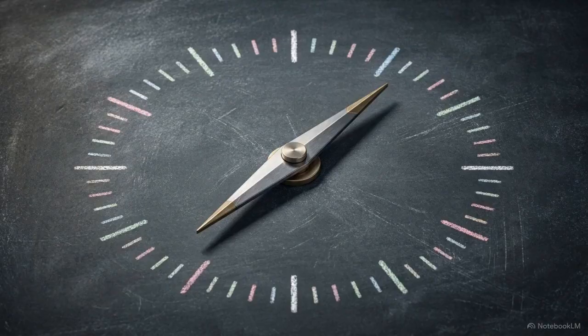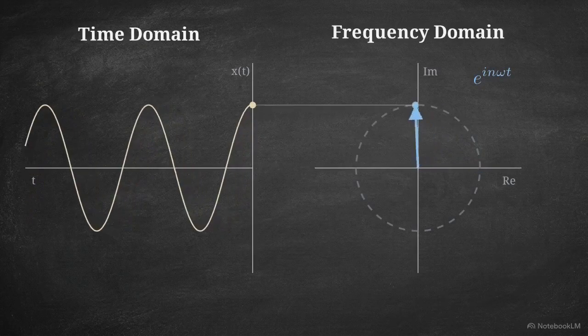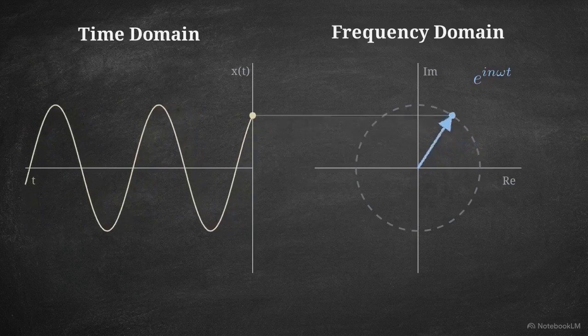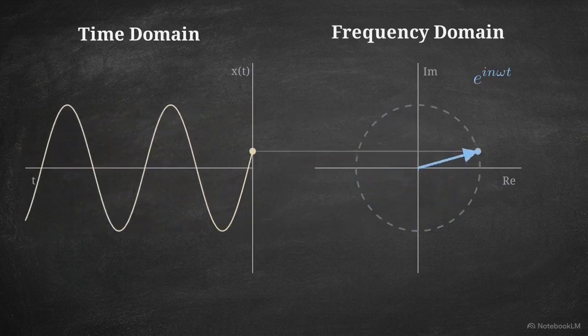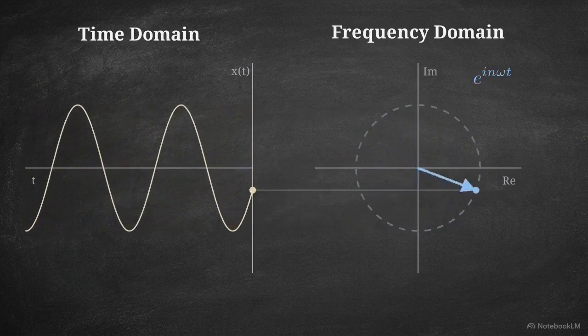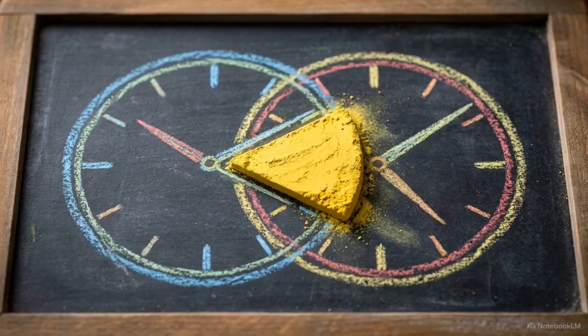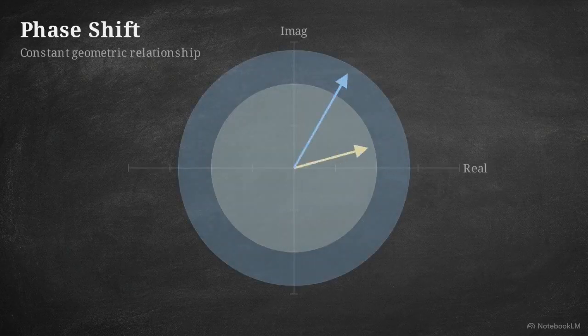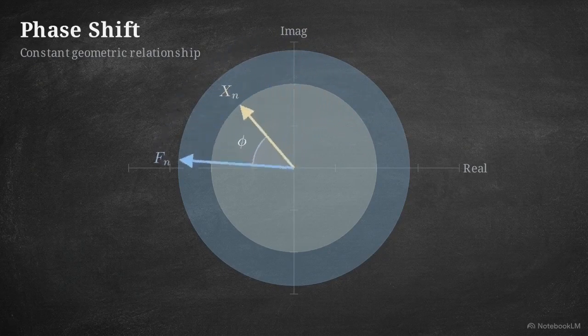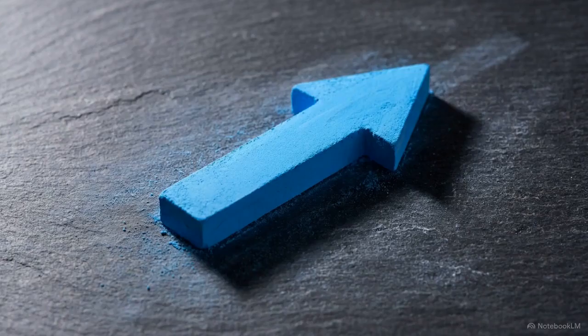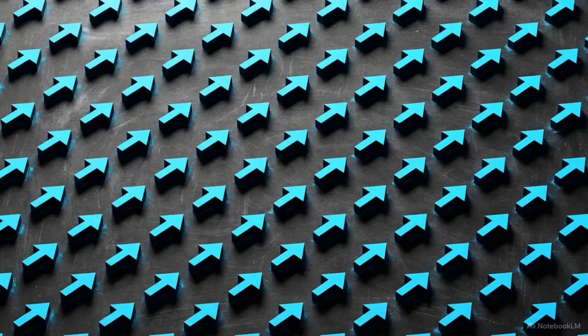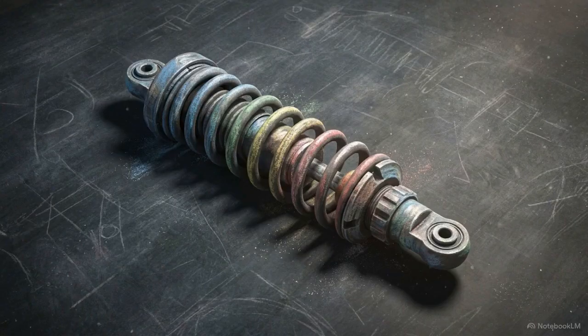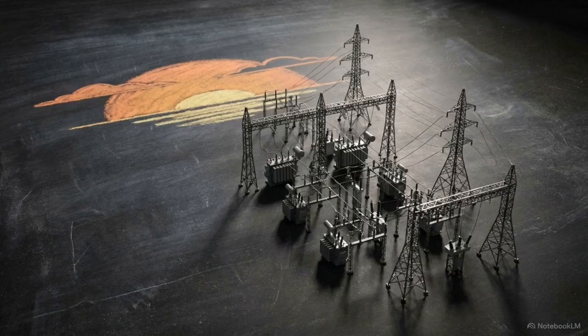Visualizing the complex exponential requires moving from a linear timeline to a rotating compass. The exponential term takes that chaotic up and down wiggling and transforms it into a smooth, constant circular rotation around the origin of a complex plane. The temporal delay between a force and a reaction becomes a spatial angle. We calculate the lag as a fixed rotation between two vectors. This single rotating arrow is the foundational building block for analyzing a car suspension to a continental power grid.